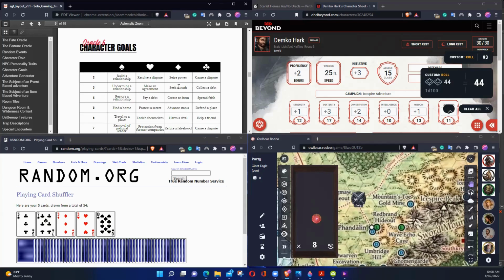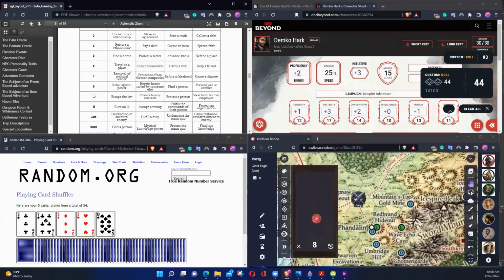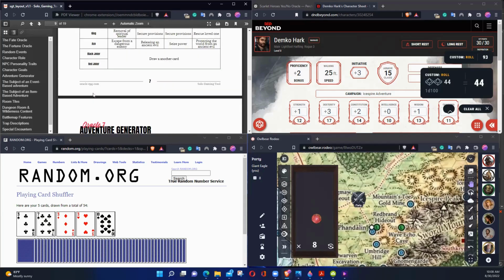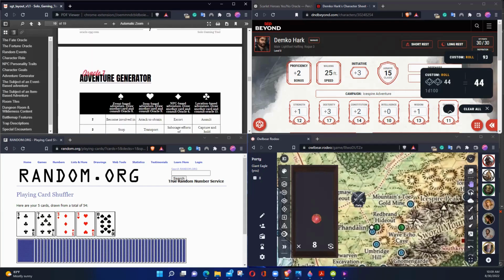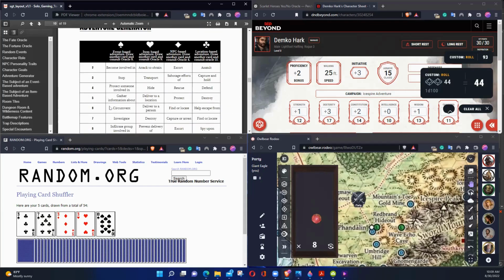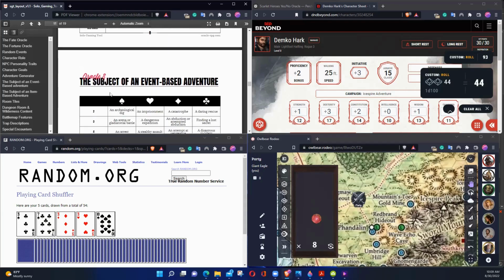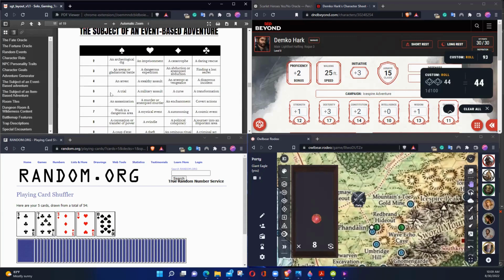3 of diamonds. Ooh, seeks the truth. Interesting. Okay. So now you can see how this character is all of a sudden becoming a bit of reality, and I'm already thinking how I can incorporate it. It's almost like right there for me, and I'll explain it in a second. And then the last card is the 3 of, or actually, I got to go down to,